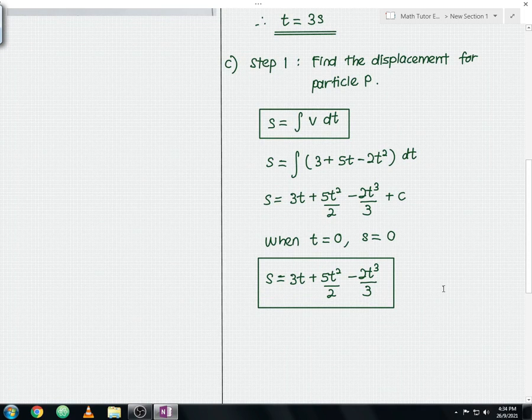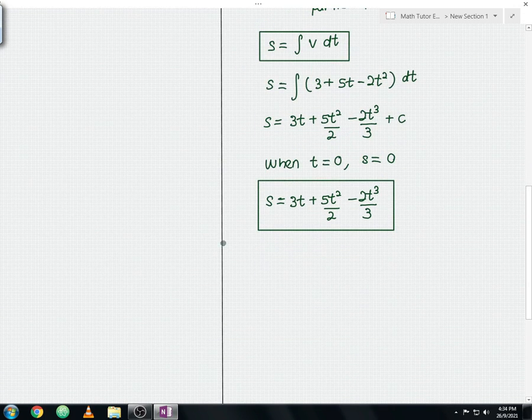Okay, so from here, once we get the displacement equation for the particle P, for the next step, what we need to do is calculate the displacement traveled for the first 5 seconds. We need to calculate one by one. That means for the first second, how much is the displacement, for the second second, how much is the displacement, and so on until it comes to the 5th second. Okay, so we need to calculate them one by one, guys. From here, let me write the working. So step 2,